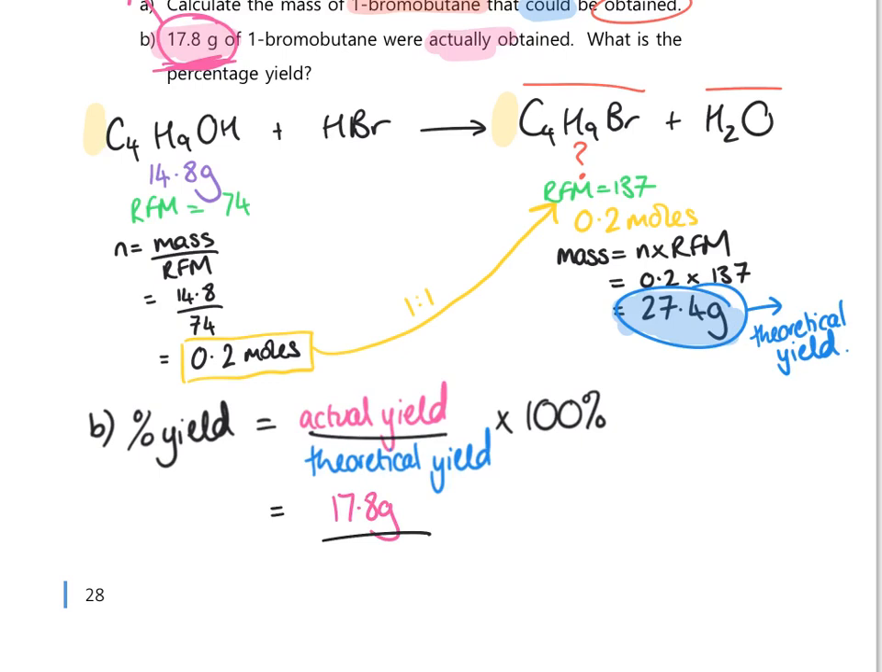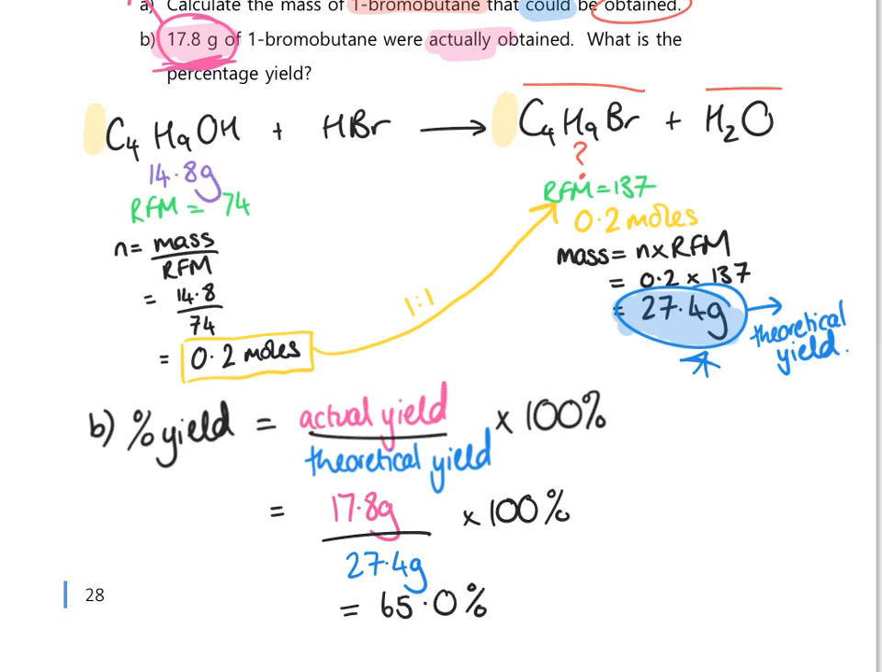Our theoretical yield, we calculated in part A, was 27.4 grams. And you can see they're both in grams, so we don't need to do any converting here. But don't forget to multiply by 100%, otherwise you'll just get a decimal value of less than 1. Put that into your calculator and you should get a value of